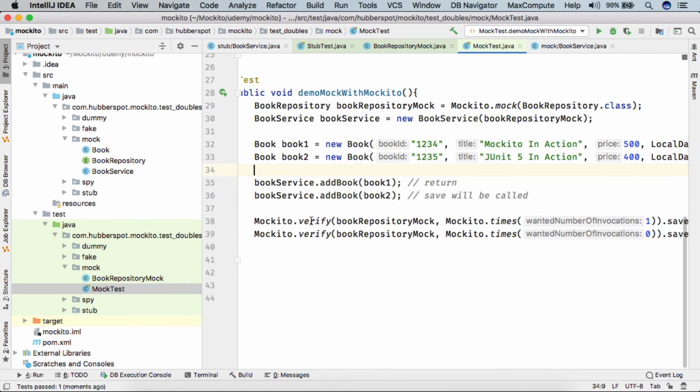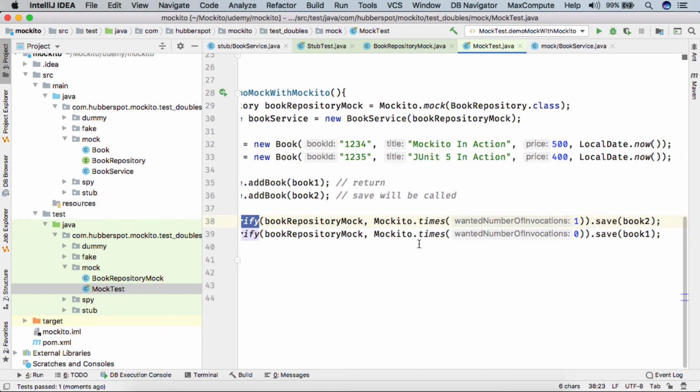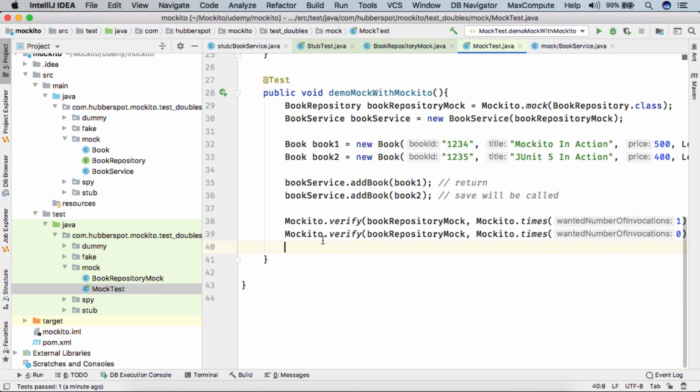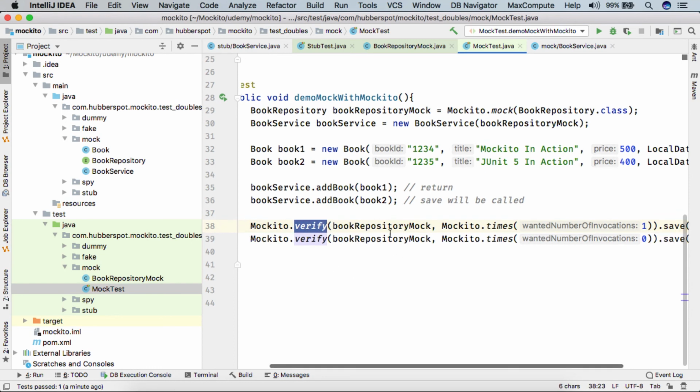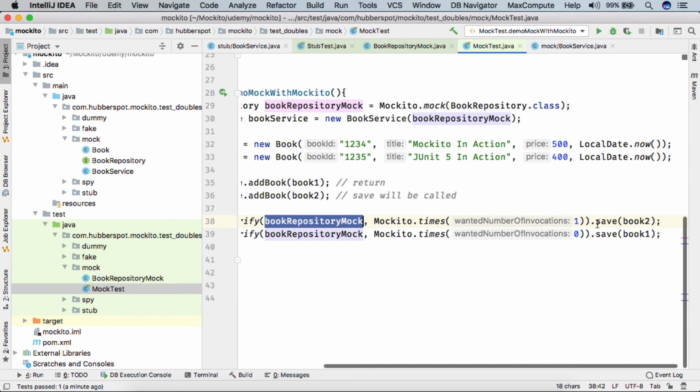So here you can see Mockito helps us in doing the behavior verification using this verify method, and it also provides the capability to check how many times a particular method was called on that particular mock. So friends, this was a very simple demonstration of the verify method. In our upcoming lectures, we will be looking into verify in greater detail. For the time being, you can just think that when we do verify, it goes to the mock and sees whatever interactions were made with the particular method which we have provided here.